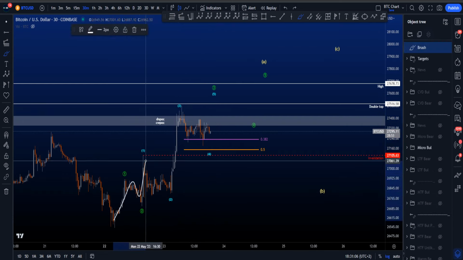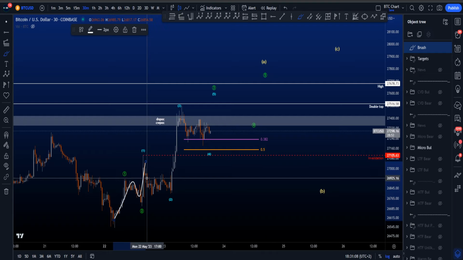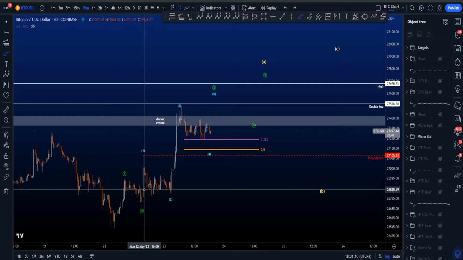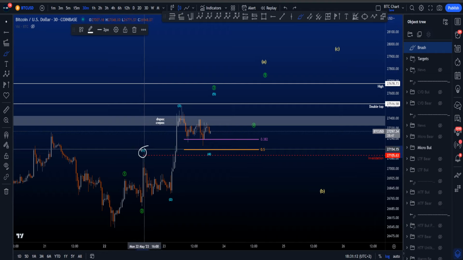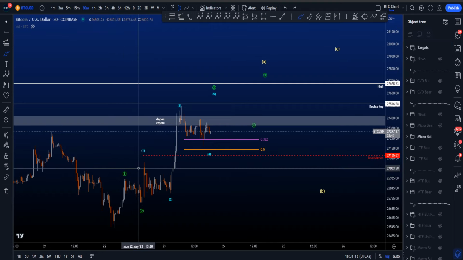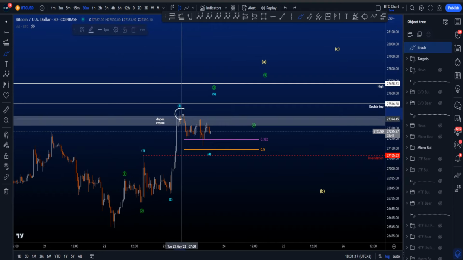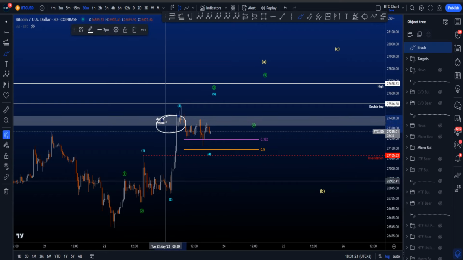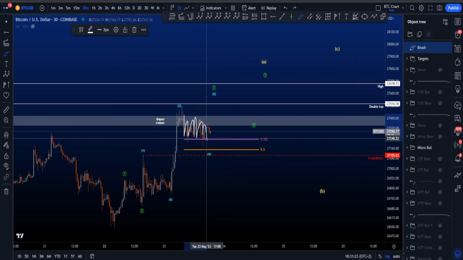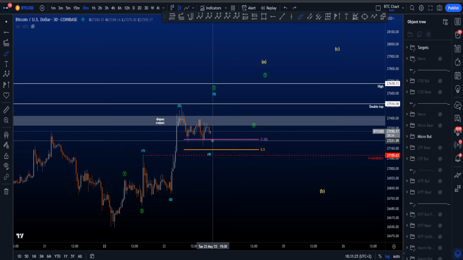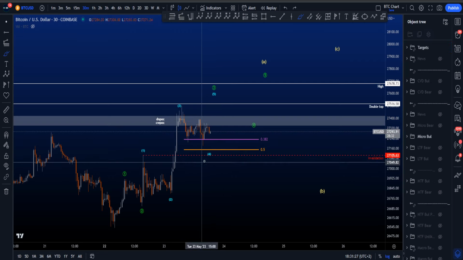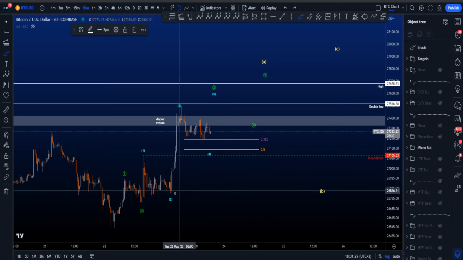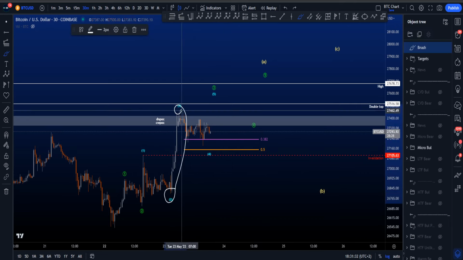So this is a very nice 1-2, 1-2 scenario, exactly the way you also want a 1-2, 1-2 scenario to be, where the second wave 1 is taking the high of the first wave 1, which is very nice. Now wave 3 is then already in, hitting the targets for wave 3, so that is very nice, ending around this target box. And now as you can see, we've been ranging right below actually this target box for a while, where for wave 4, the Fibonacci targets taken from the low of 2 to the high of 3 are visible,